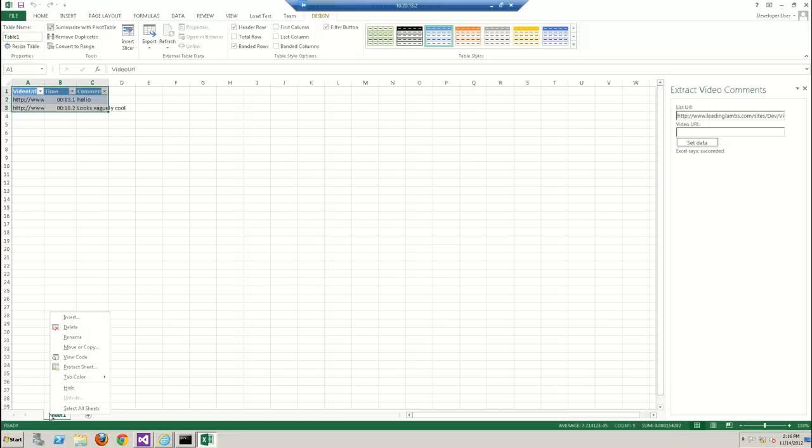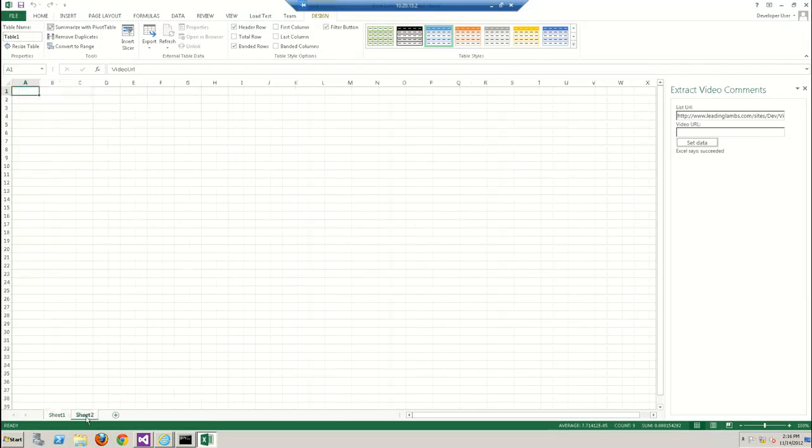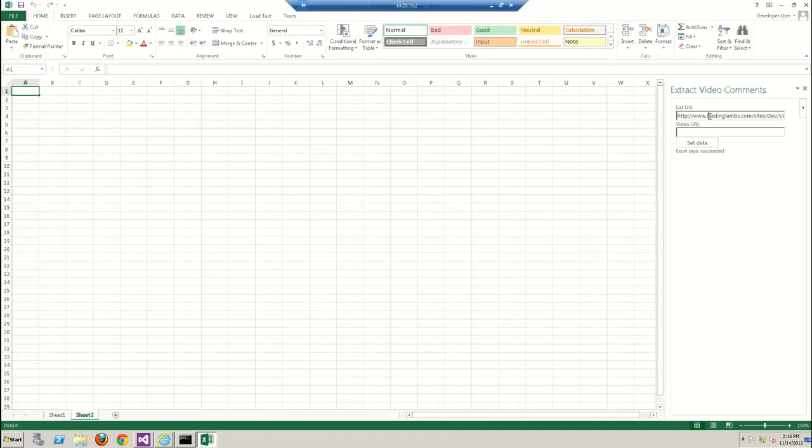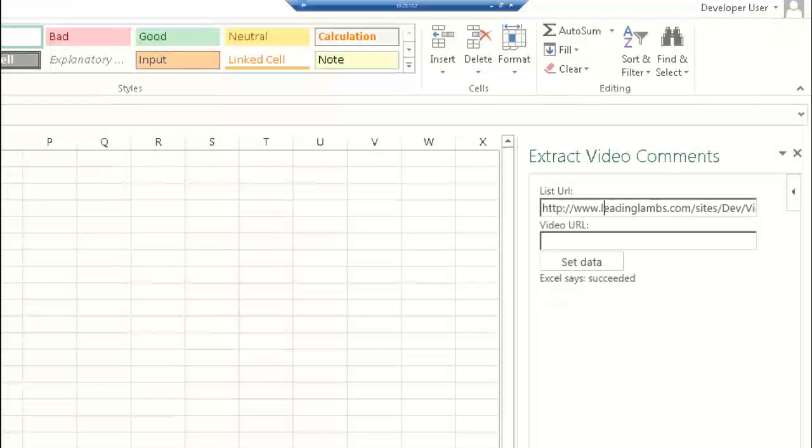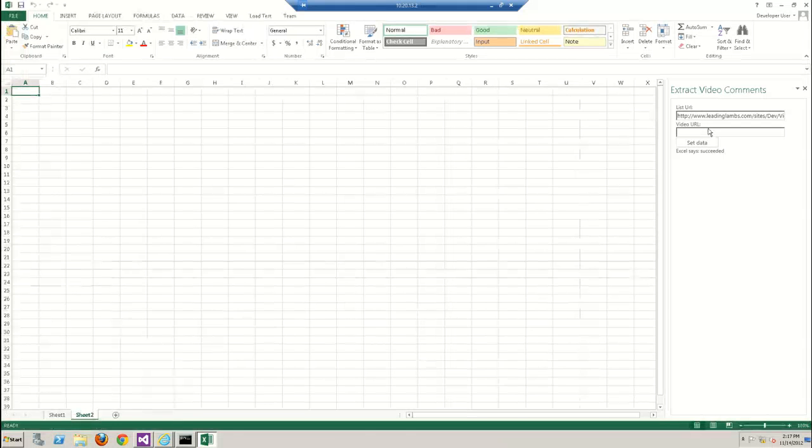All right. Well, I've gone ahead and done this, but let me just quickly close this sheet and add a new sheet here. Over here on the right-hand side, I've got a task pane, and in that task pane, I have given it the URL of my comments list. I've hard-coded this one in, or pre-filled it, just so that I don't fat finger it in front of you. What I'm telling it to do is, hey, there's a comments list over in this Leading Lambs dev site, I want you to go fetch the contents, and then I want you to put it inside of Excel as a table. So if I hit set data,